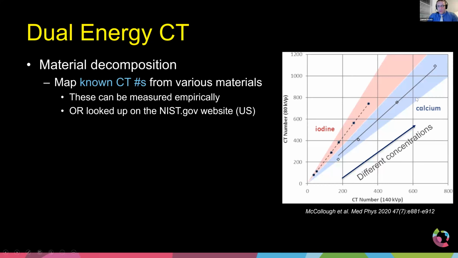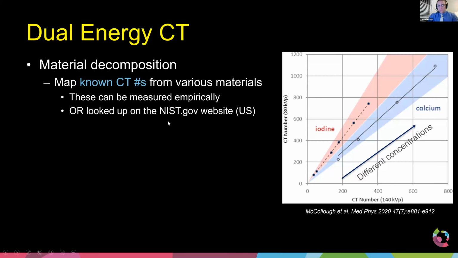We do the same thing with calcium, and we can do it for multiple different tissue types and objects, creating all of these various curves. The fact that these two curves are separated gives us the ability to distinguish the two. So once again, we can either go through and actually measure all of these tissue types or various different concentrations of different materials, or you can actually go,